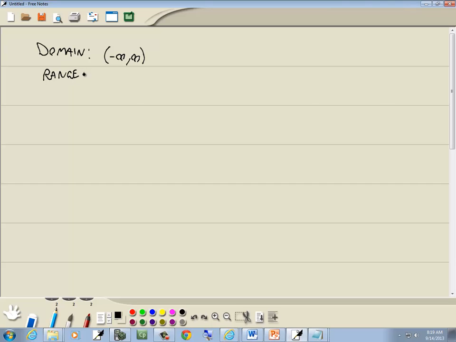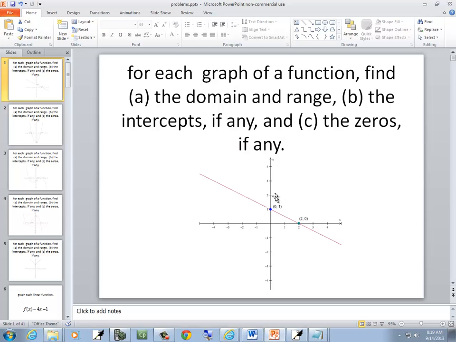Now our range is the y values where the graph exists. If I come up to my y-axis here to y is equal to 2, I ask myself if I can go left or right and find my graph. Well, if I go left, I find my graph. So it exists at that y value. If I come over here to y is equal to 4, if I go far enough to the left, I'll find it. If I come up here to y is equal to 1 million, if I go far enough to the left, I'm going to find my graph,